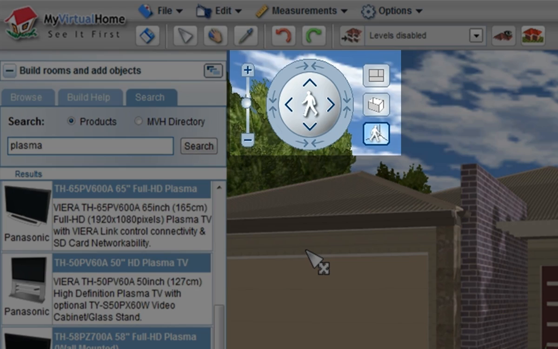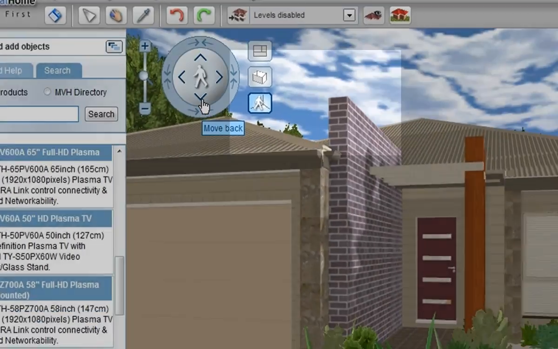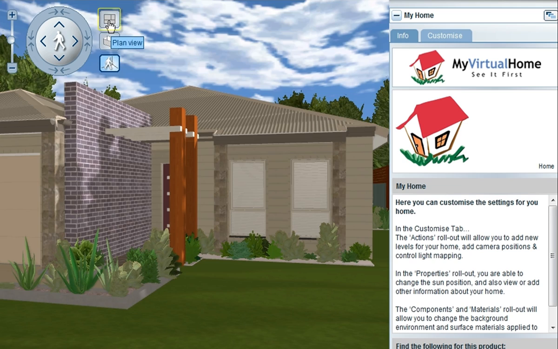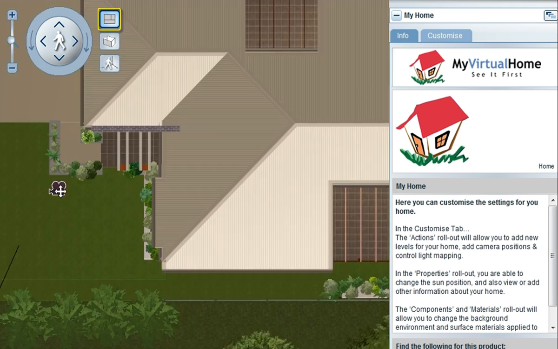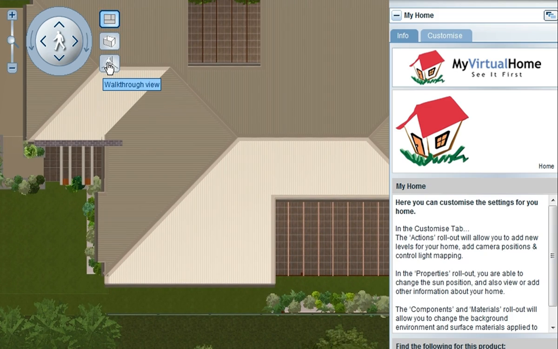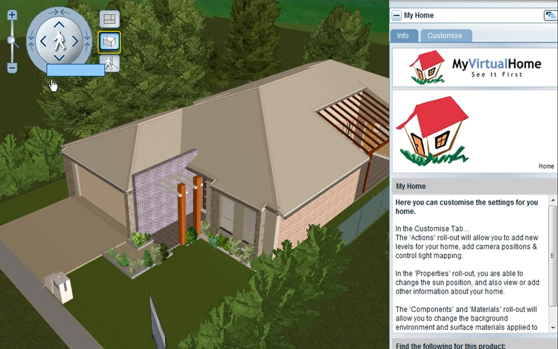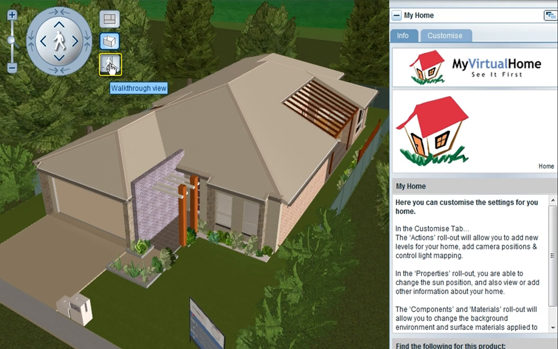The camera tools are the next part of the menu navigation system. These enable us to walk around in first-person view, to look left and right as we need to, and also to change our view to things like a plan view, an overhead view of the plan, to change it to a 3D view so that we can look at it from a 3D style of view, or back to our